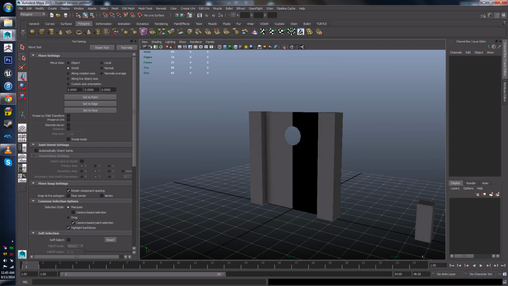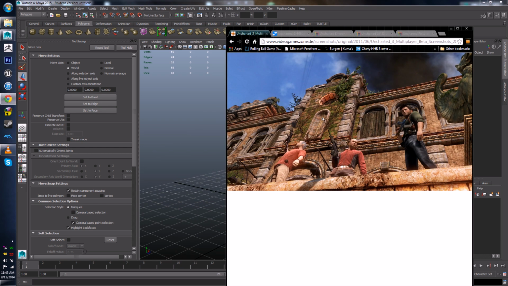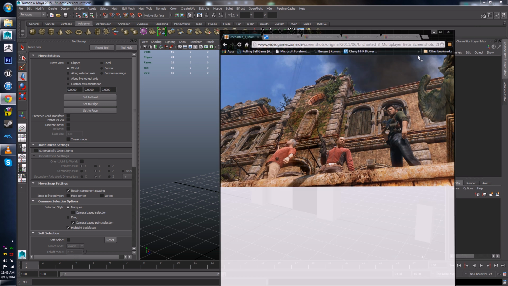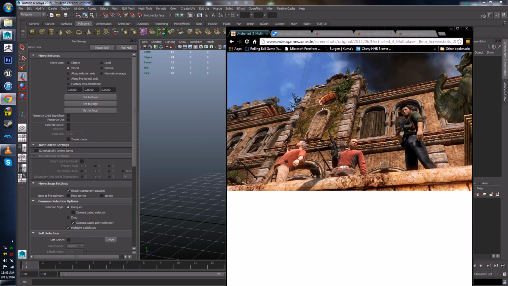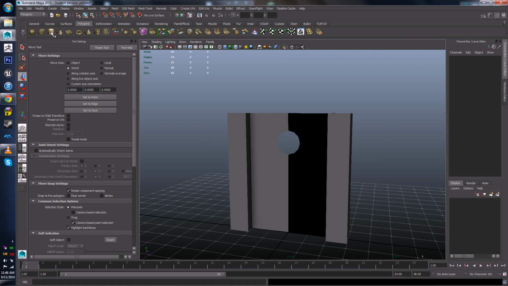Alright. So the next object that we'd want to create probably would be this archway? Yeah, we'll do that. So when you look at an arch, it's pretty easy to break this up into a primitive, which is our shapes up here. The way I look at it is that this is a circle that's been stretched and flattened out on the bottom. Pretty simple. So if I come under my primitives tool and I create a new polygon cylinder,